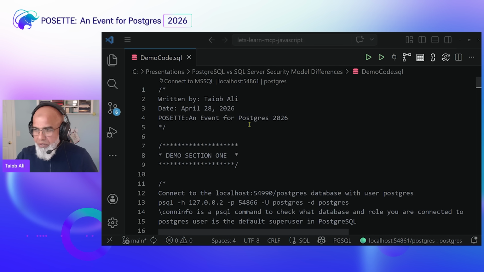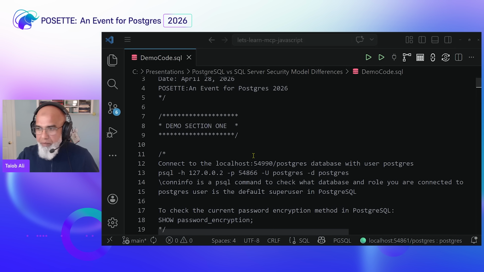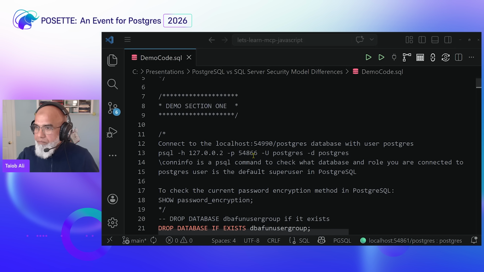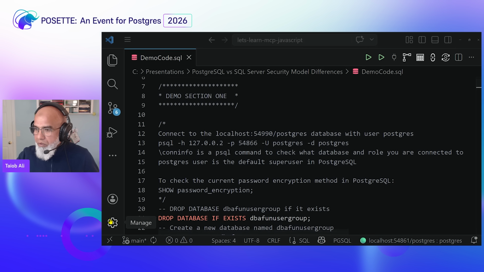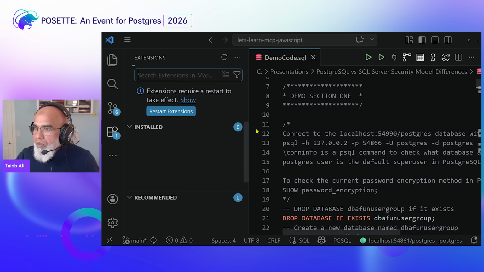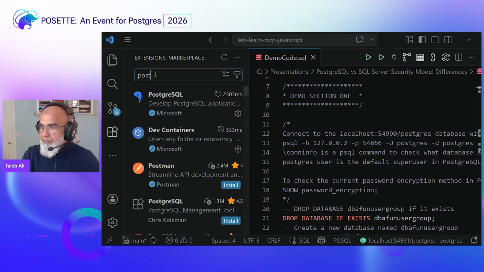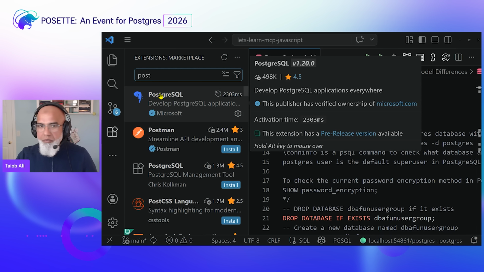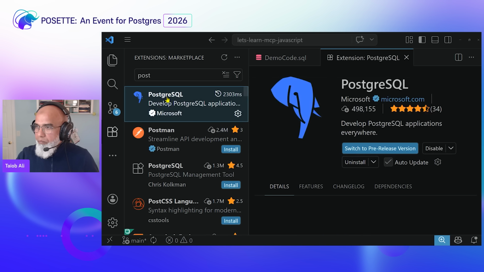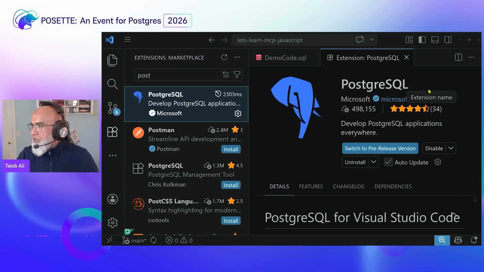Let me show you these extensions here. So I'm using an extension called PostgreSQL.